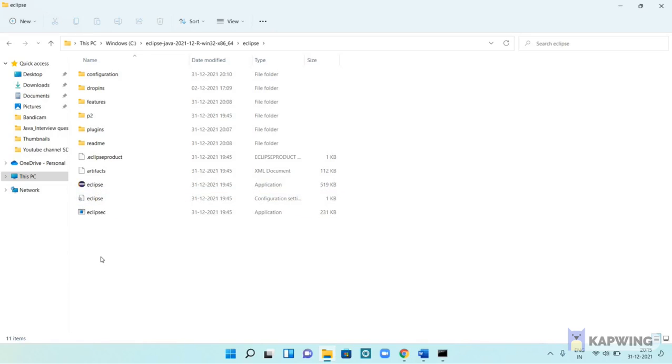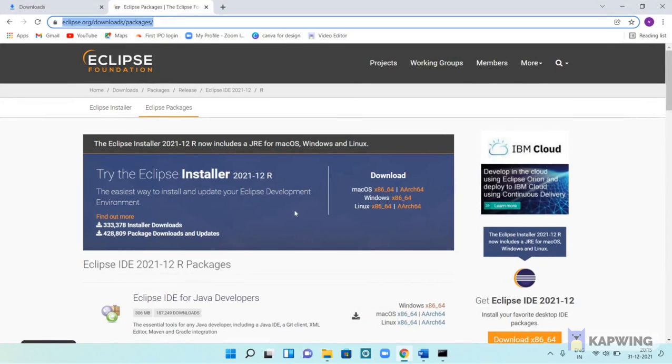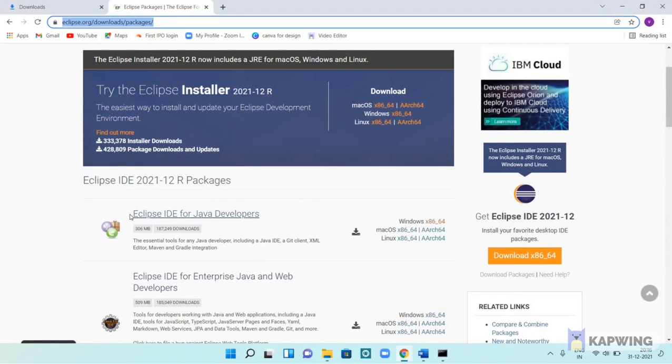I'll give you a small overview of how to download it. You can go to the official website of Eclipse, and here you can click on the first link, that is Eclipse IDE for Java Developers. If you are using a Windows machine, you can click here. For Mac and Linux, you can click on these links.